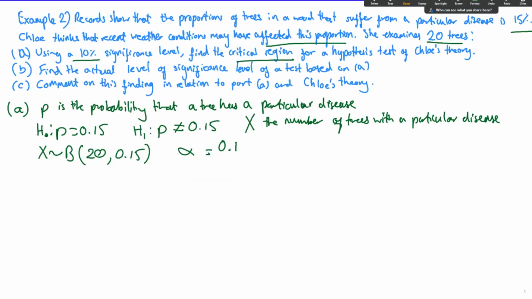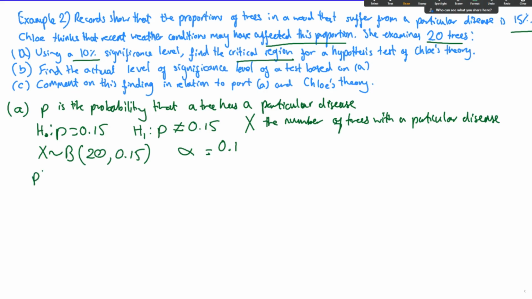So we want it to be less than the significance level, but because it's a two-tailed test, we actually have to halve the significance level on each side. So we need to look at both sides to find the significance level. So if we look at the lower side,